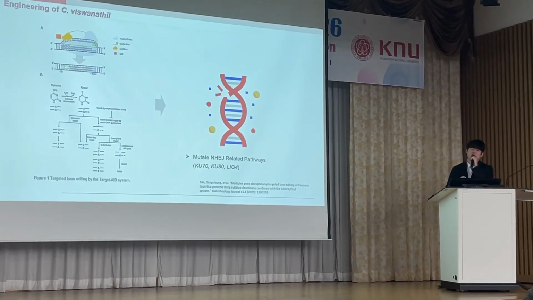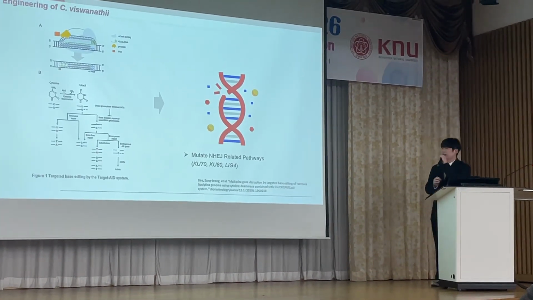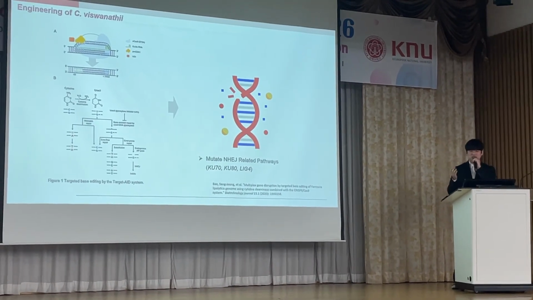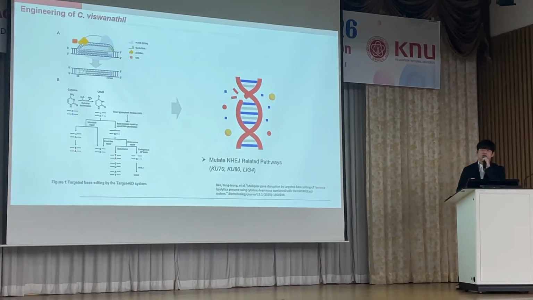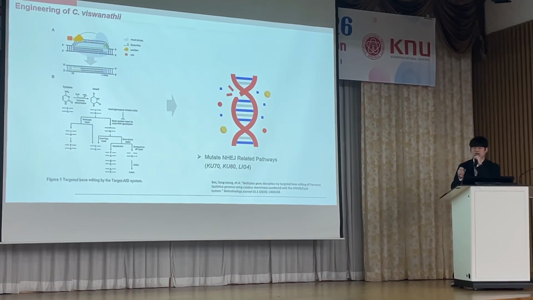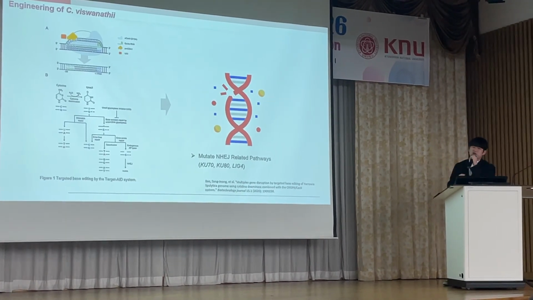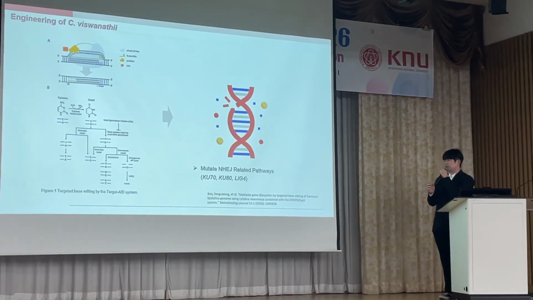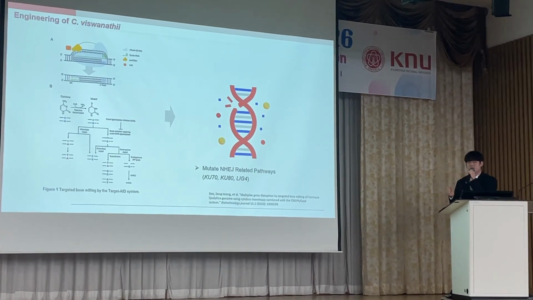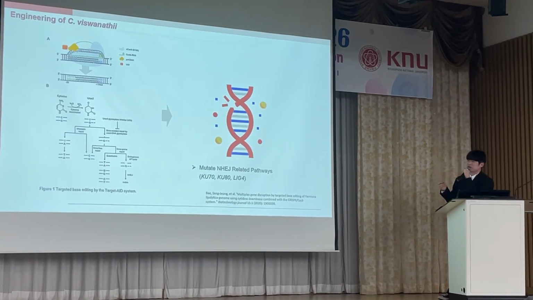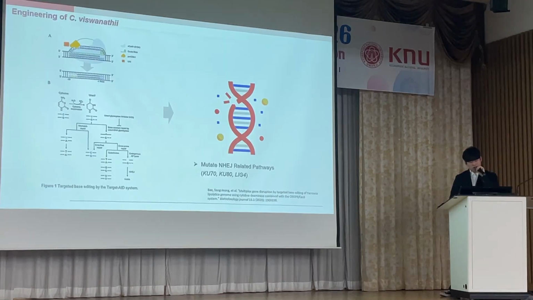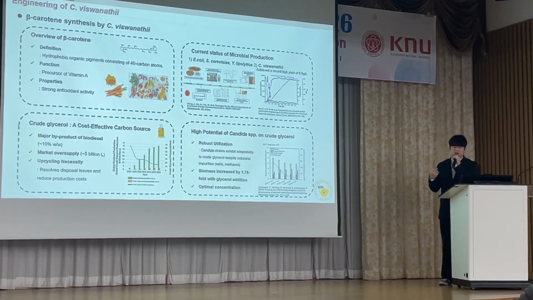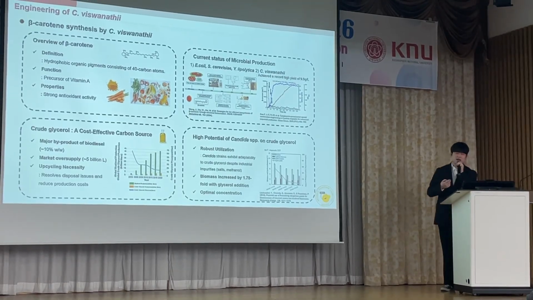The CRISPR-Cas9 system cuts two strands. However, base editing just changes one base pair. So it might be much easier. So we are going to change some of the bases in the front part of the gene, and we could introduce a stop codon. So we could mutate all of KU70, KU80, and LIG4 by giving a mutation that gives us a stop codon. After doing this, I expect to produce lots of DCA and DDA.